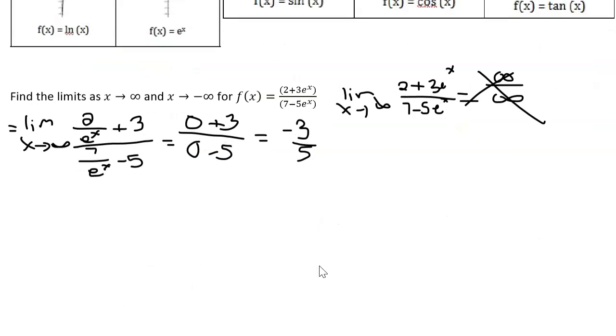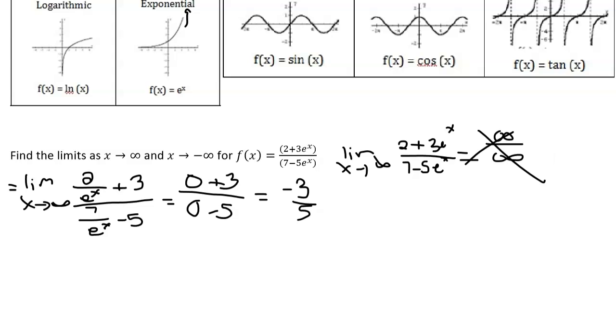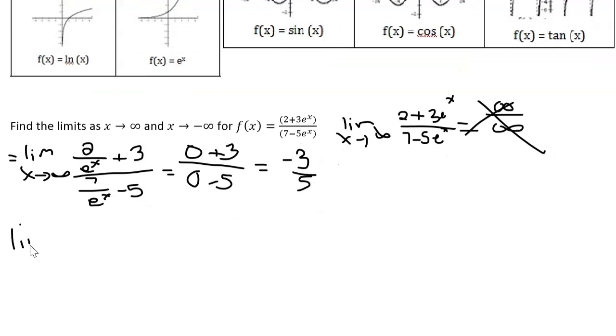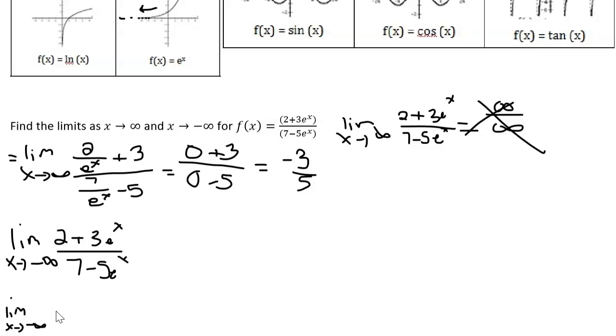Okay, let's approach this limit from the other side. So now we want to evaluate the limit, and I want to keep the graph in my viewing window. We want to take the limit as x approaches negative infinity for the function (2 plus 3e^x) over (7 minus 5e^x). And so we want to think about this just as our exponential functions alone. If you look at the graph, e^x as x approaches negative infinity approaches the horizontal asymptote of 0. So the limit as x approaches negative infinity of e^x is equal to 0,